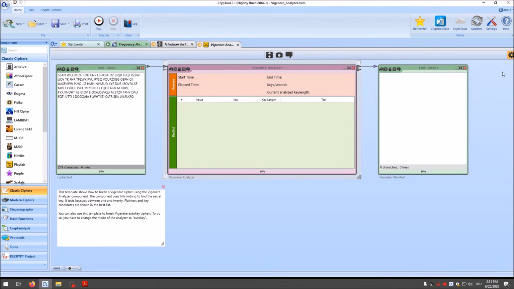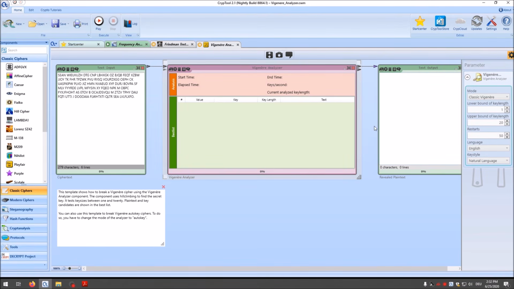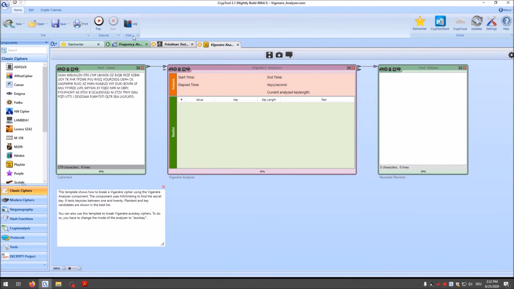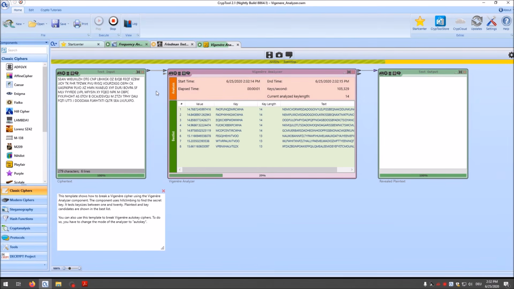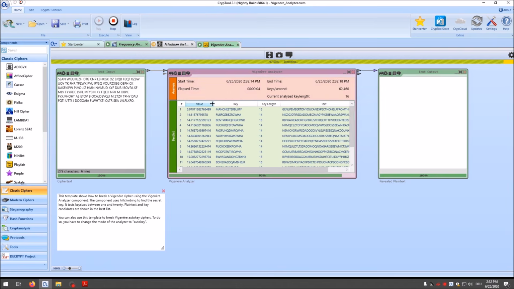And since we know that the Confederates only used keys with the length of 15, I try a lower bound for the key length of 13 and an upper bound of, let's say, 16. So let's give it a try. And as we can see here, indeed it was encrypted using the keyword Manchester Bluff. And now we have here our revealed plaintext. But since I want to see the actual text,